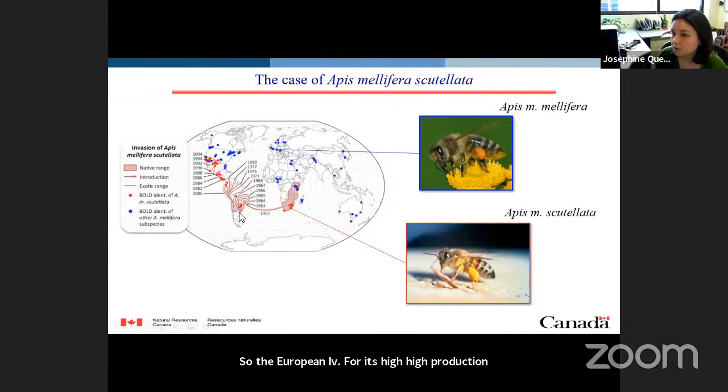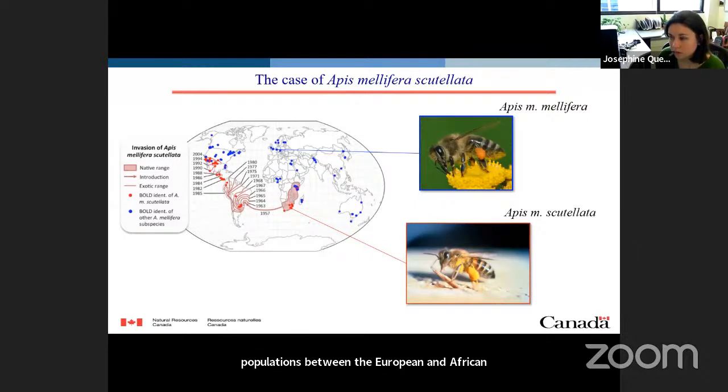But as it was introduced in South America, the European honeybee was not producing as much honey as it was in Europe or in North America. In the late 50s, it was believed that it was because it was not adapted to high temperatures. So Brazilian researchers decided to introduce the African honeybee into lab colonies in Brazil. And the goal was to hybridize, to create hybrid populations between the European and African honeybee